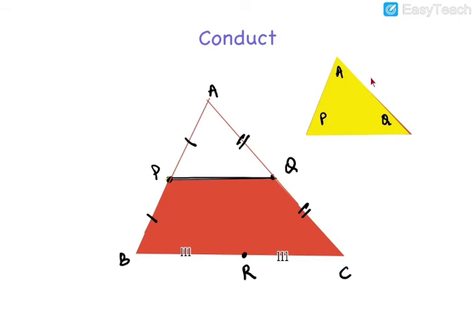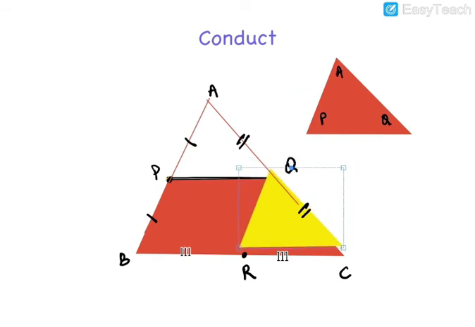Now place triangle APQ in the interior of triangle ABC such that AQ and QC coincide. Now apply glue only at the corner of this triangle, that is at the vertex Q, only at this part, to show that angle AQP coincides with angle QCB. So these two angles